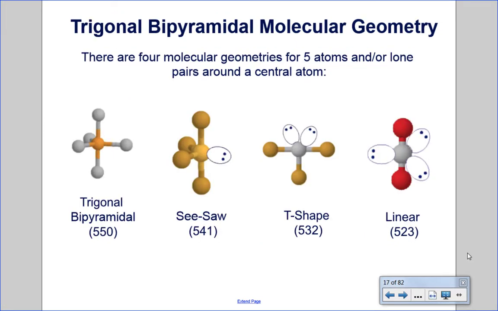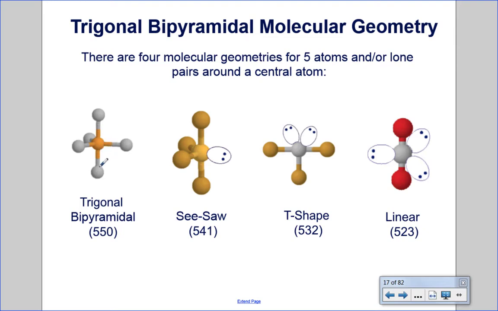Now, when your VSEPR number starts with 5 or 6, that means you have an expanded octet around the central atom. In the case of VSEPR numbers starting with 5, they will all be a trigonal bipyramidal molecular geometry. Now, these molecules aren't that common, but they do exist, and your students are responsible for them on the AP test. The 4 shapes are, first of all, the 550 shape, the base shape where you've got 5 atoms located